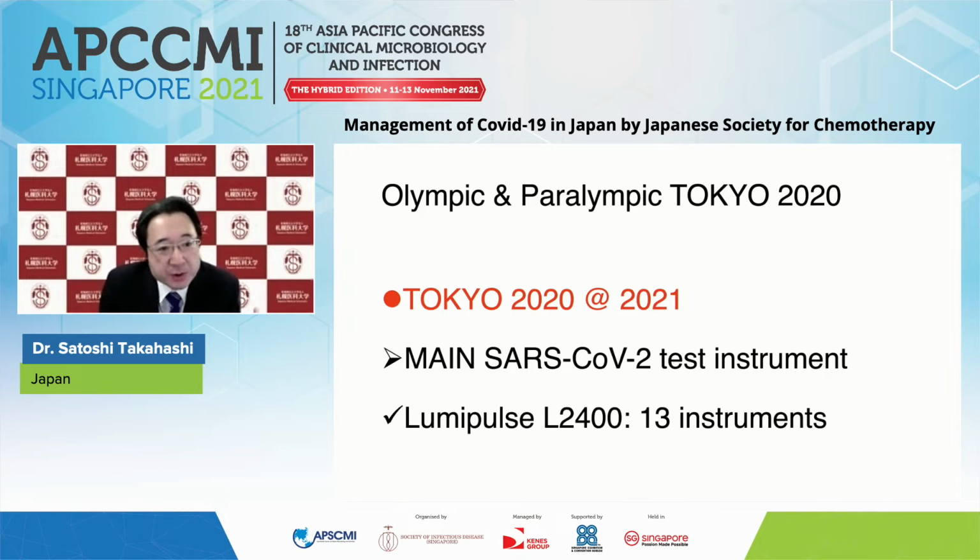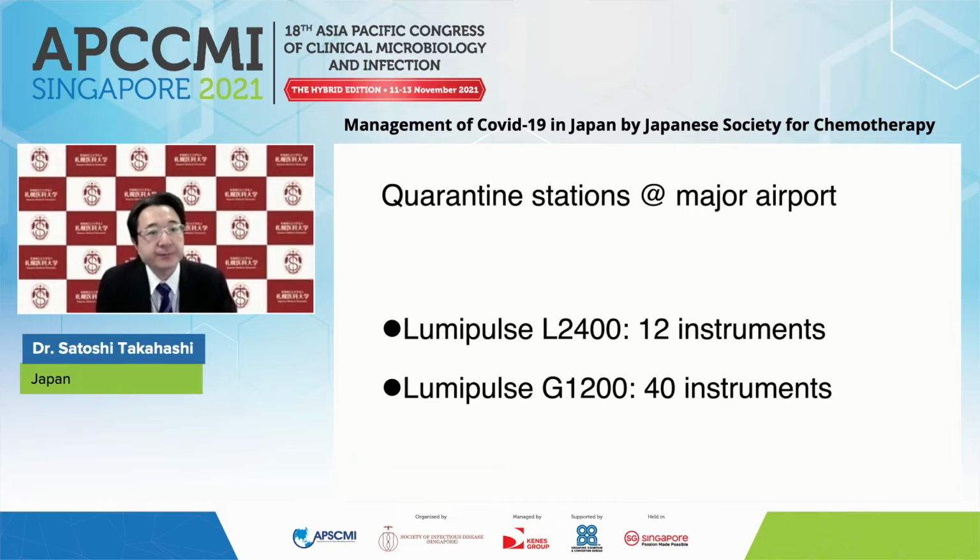At Tokyo 2020, we checked SARS coronavirus 2 using 13 instruments at the camp of the Olympic and Paralympic Games. In addition, quarantine stations at major airports in Japan